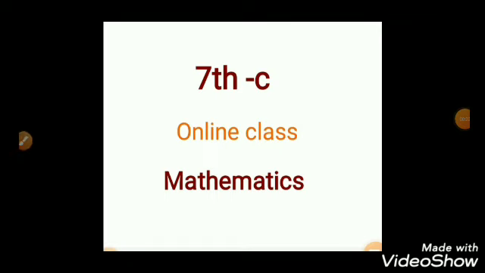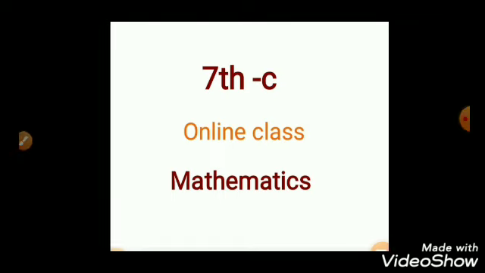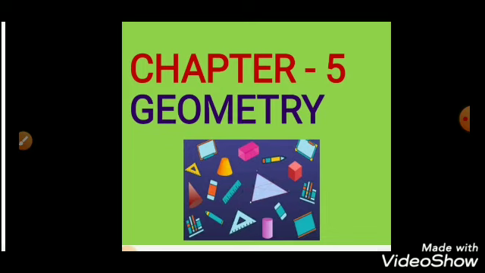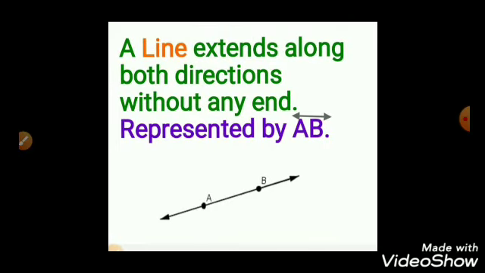This is 7th standard maths term 1, chapter 5 geometry. In this class you are going to learn about theoretical geometry as well as practical geometry. In theoretical geometry you are going to learn about pairs of angles formed by intersecting lines and then transversal. In practical geometry you are going to draw angle bisector, perpendicular bisector, and special angles without using a protractor. Now you see, just one recap.